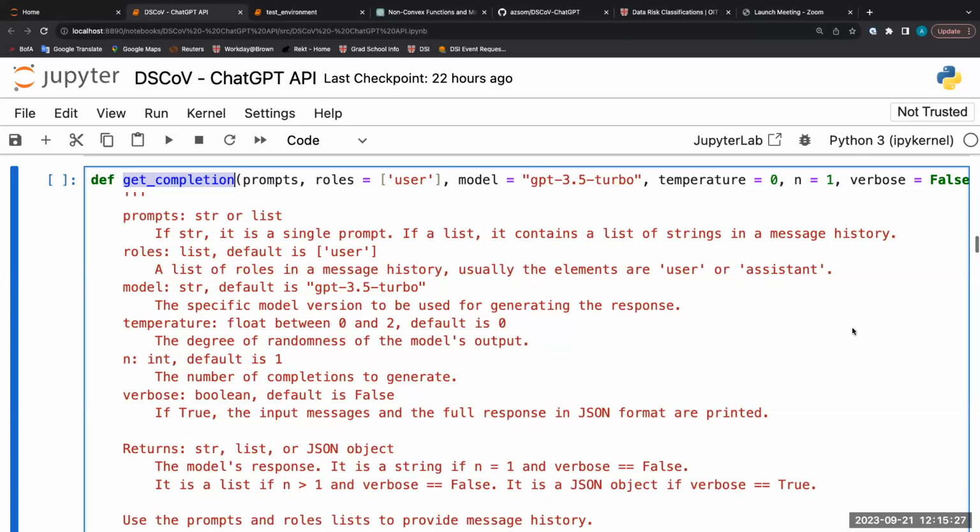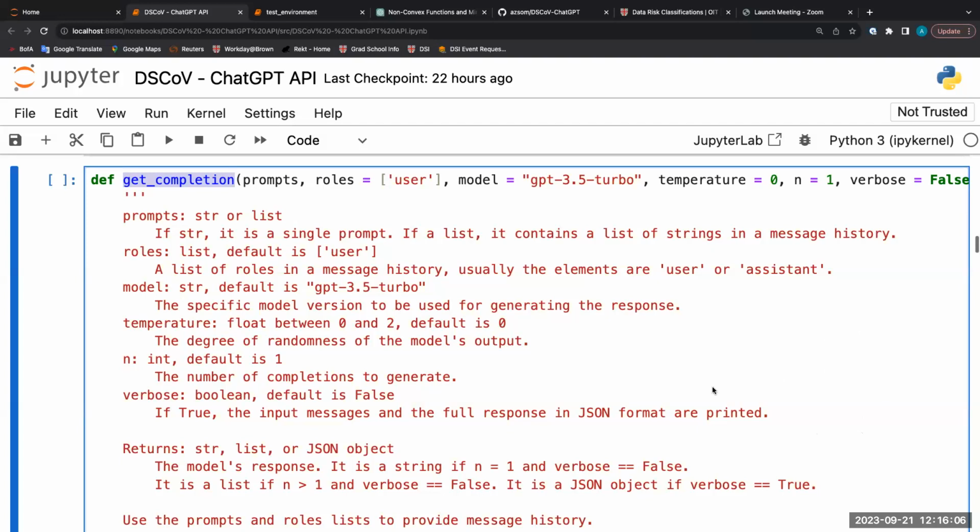Yes? Why does it need to be a list? It doesn't. That's just what I chose. Anything is fine as long as it's a sequential kind of container type, right? So you ask a question, ChatGPT answers, and then you ask another question, ChatGPT answers. You need to be able to store the sequence of the conversation in some way. And I just keep appending stuff to lists. That's the subjective choice. You can rewrite it and do whatever you want with it. It's with an MIT license, so it's just no guarantees, modify it however you want, right?